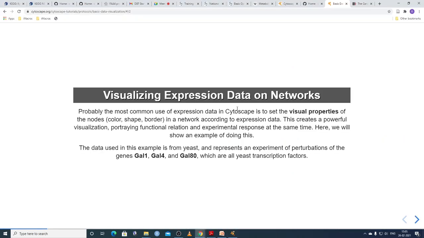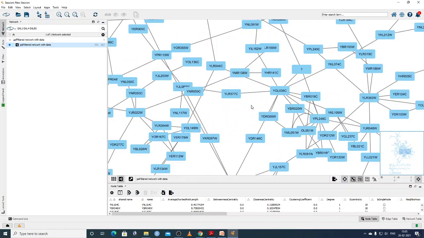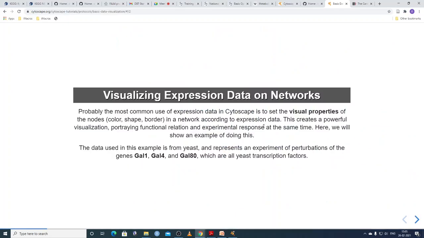The aim is that based on different expression and different connectiveness, we want this visual display to be good. This creates a powerful visualization portraying the functional relation and experimental response at the same time. Functional response means these genes may be regulating those genes. One gene is affecting other genes. That is a functional response.